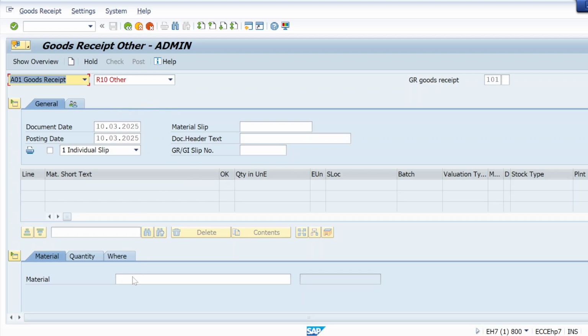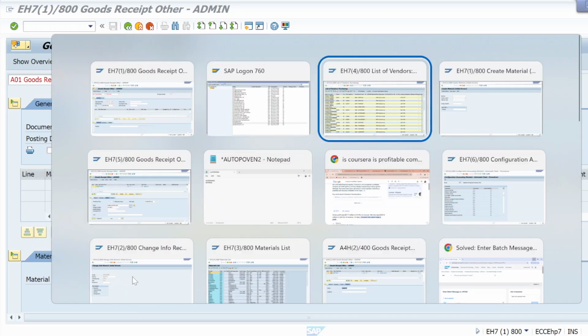MIGO and material. Let me check one last time.